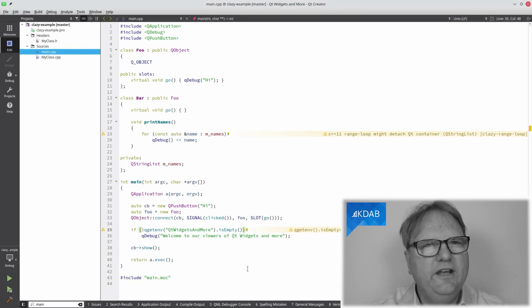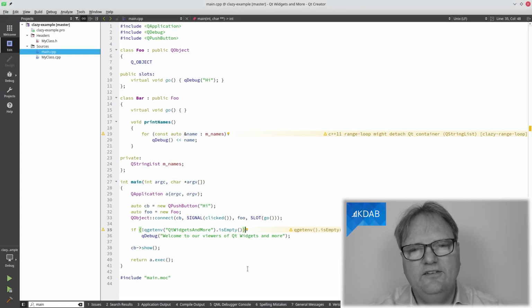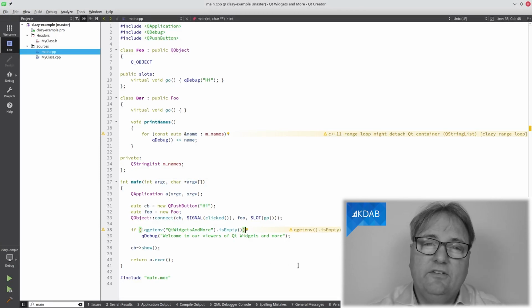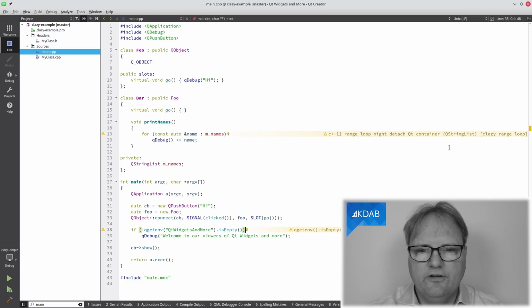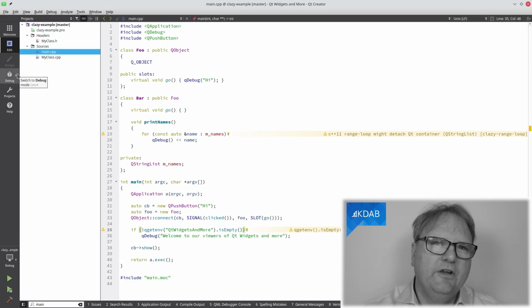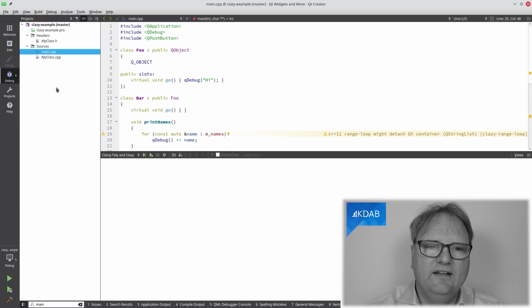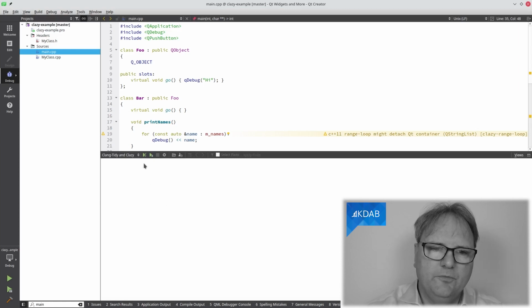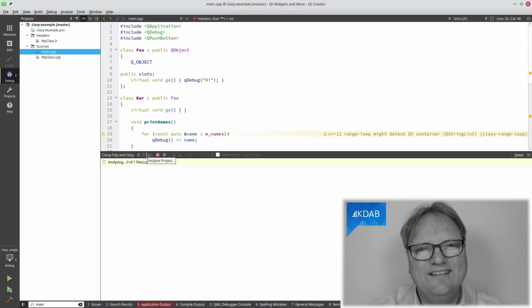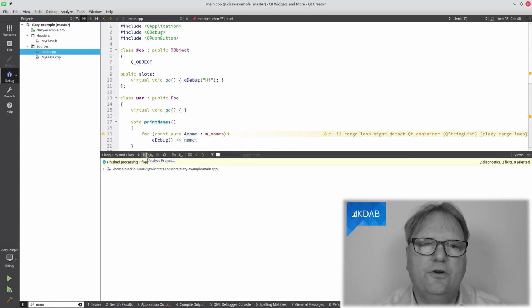You are likely already using ClangTidy and Clazy in your code, at least within Qt Creator. You can see there's errors or warnings over here. But if I want to run it myself, what I can do is I can go to my debug tag and click that small arrow. Instead of debugger, I can choose ClangTidy and Clazy. And now I have two buttons here that are rather useful. The first button is this one here. That one says run ClangTidy and Clazy on the current file.